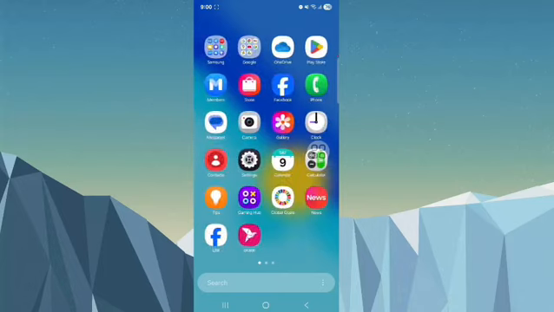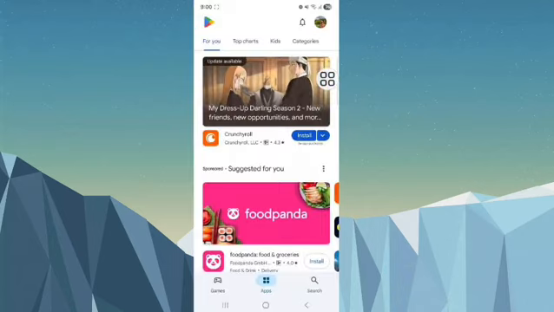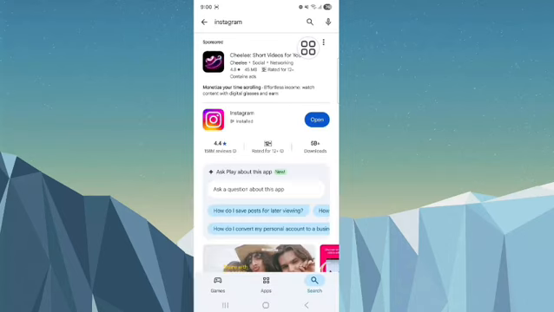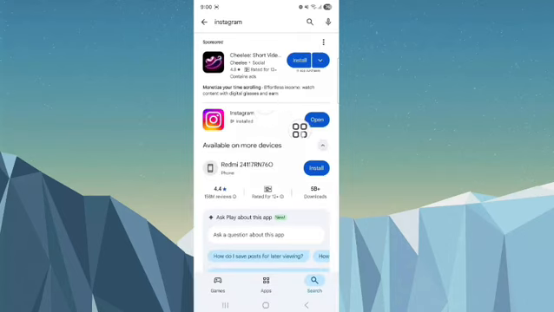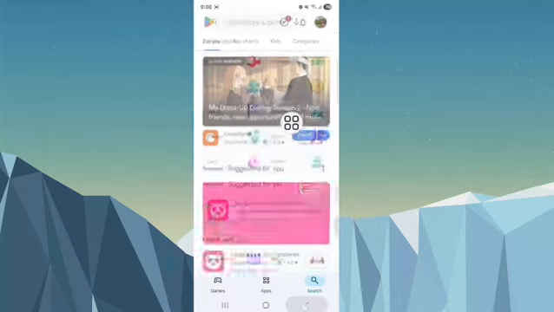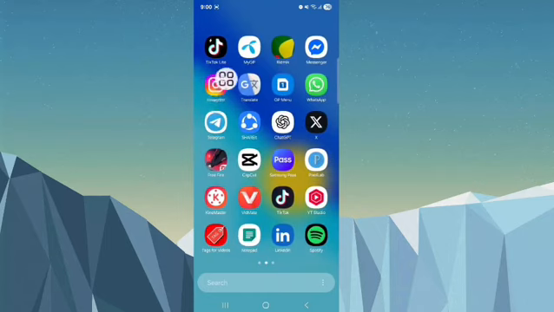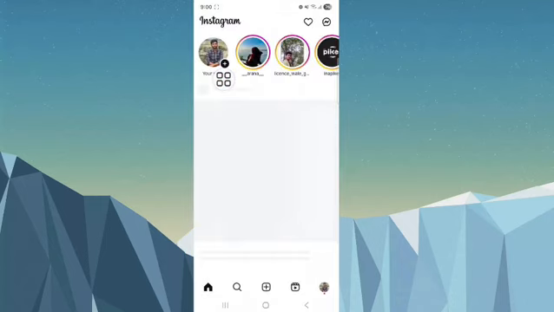First of all, go to the Play Store app, tap on Play Store and you can search here, tap on Instagram app. Already your Instagram is updated. Okay, go to your home and now go to the Instagram app, tap on the Instagram app